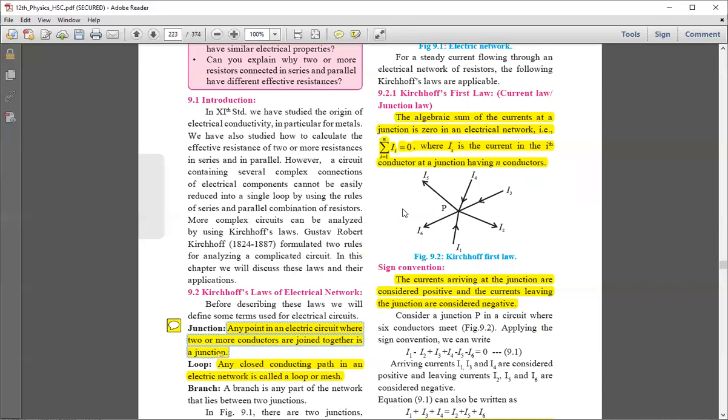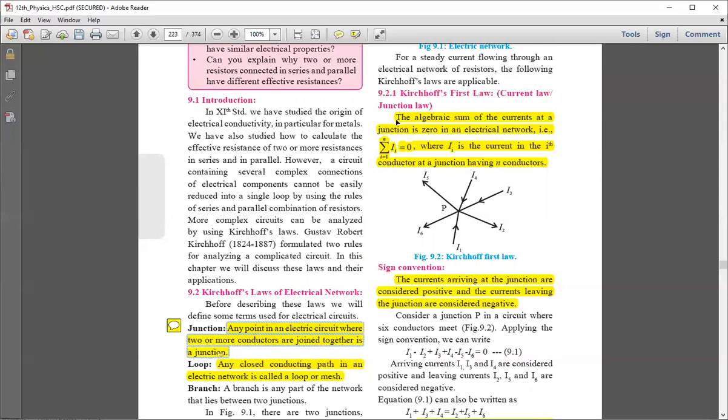Let's move toward the first law of Kirchhoff. Kirchhoff's first law is also called the current law or junction law. It is called the junction law because this law is stated by considering the junction. Just remember these other names also, because in exams or board exams most of the time they ask: state the statement of Kirchhoff's current law or junction law. Most of the time students get confused whether to write Kirchhoff's second law or first law. So just remember these other two names also.